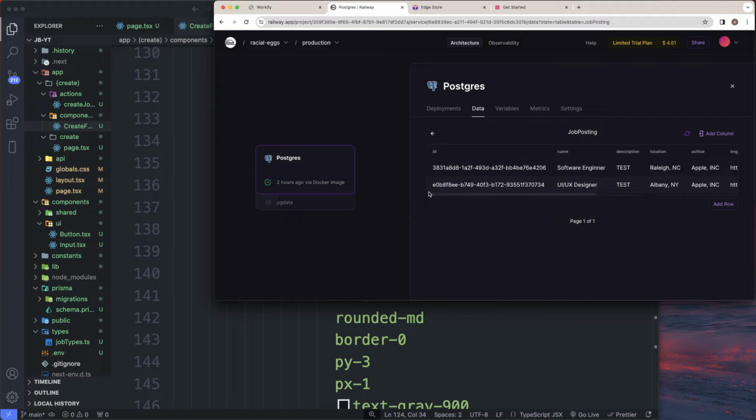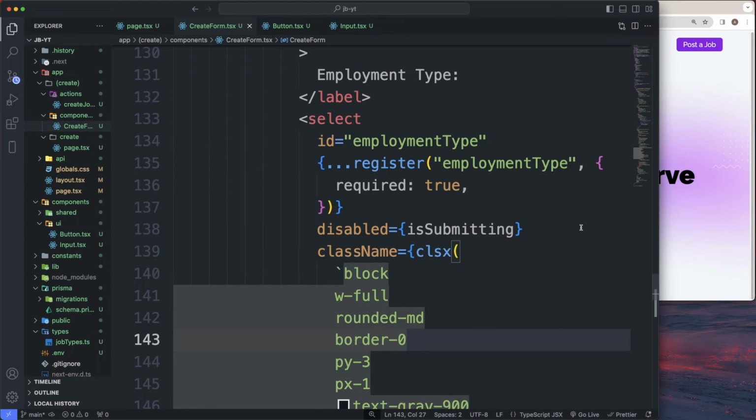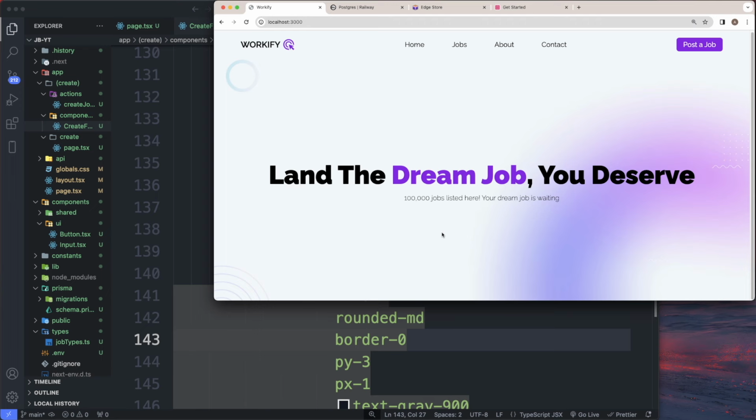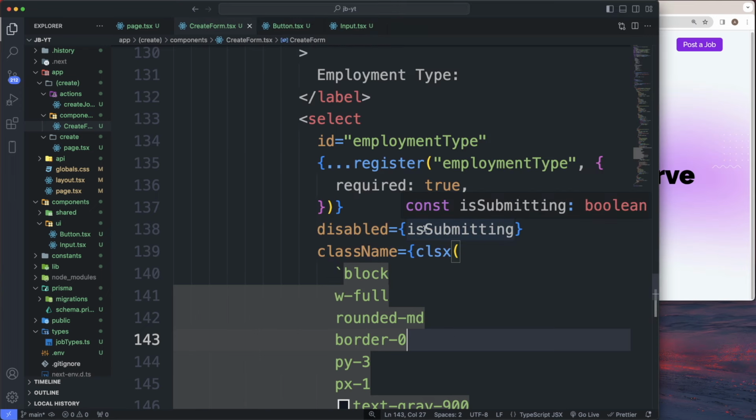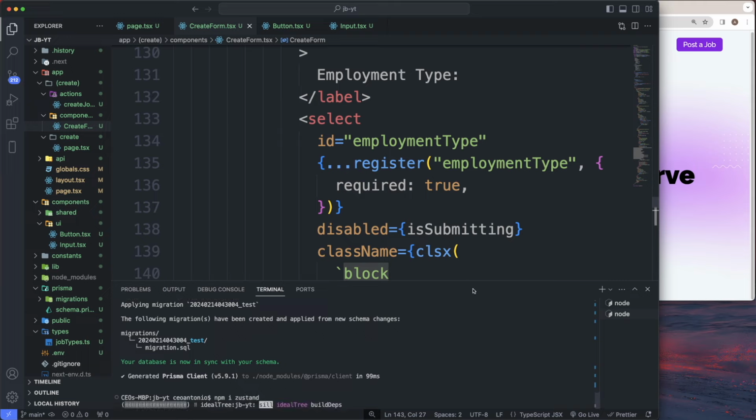Perfect. Nice. So now it's actually time to start working on seeing these jobs on the home page. So we're going to work on our search form first, but before we do that, we got to install a package. We're going to install Zustand because we need to manage some state. npm i zustand. We're going to install that